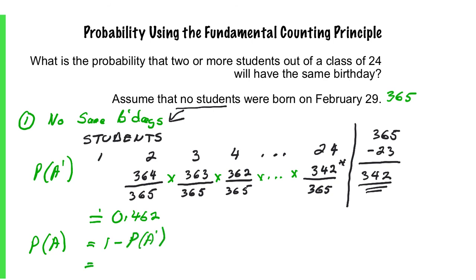And so when you do that math, it's 1 subtract 0.462, and that will get you to 0.538. So the probability of 2 or more students out of a class of 24 having the same birthday is